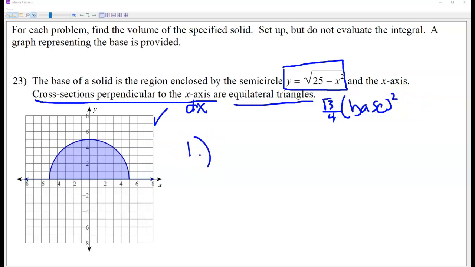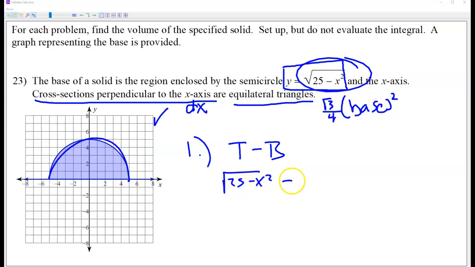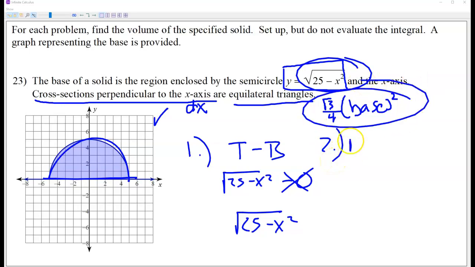The base is going to be the top minus the bottom in this case because we are doing dx. And the top is, of course, just this curve up here, which is the square root of 25 minus x squared. The bottom is the x-axis, which is 0, so we really don't even need to write that. So our base then is just going to be the function itself in this case. So there's my base. Step 2, the area. We've already decided that's going to be this guy. So it's radical 3 over 4, and then the base